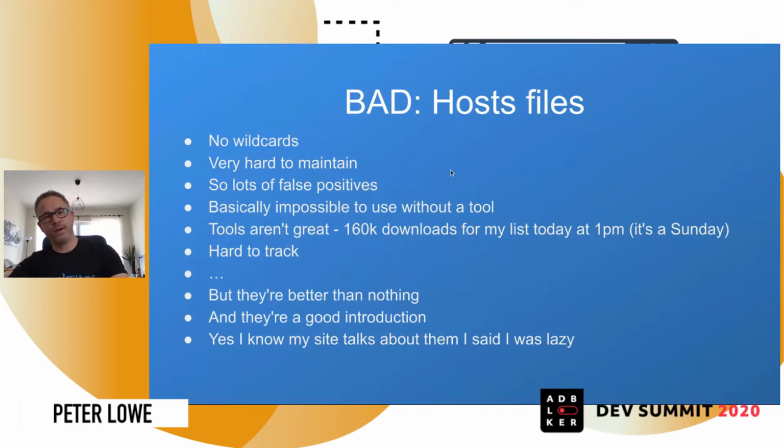Host files. Host files are one of the most popular ways of ad blocking, apart from browser extensions. One of the reasons is that they're so easy to implement, and the concept, once you understand it, is really attractive. The idea that you can configure your computer so that it won't even try and look up a domain that's used for ad serving is very interesting. And once it clicks in people's heads, people kind of adopt the idea and start adding all sorts of ad domains. That's how I got started, but I very quickly moved.